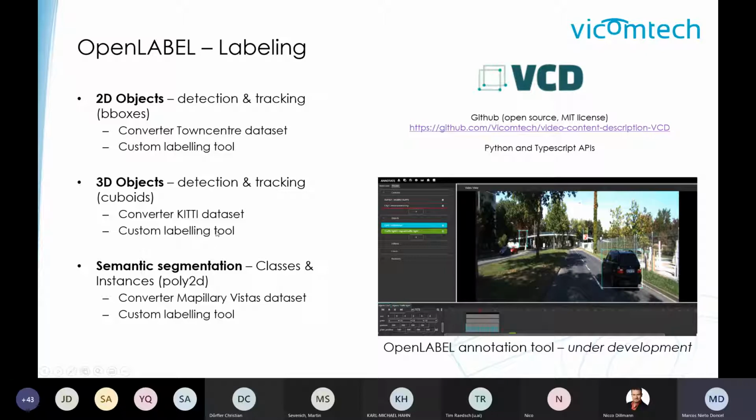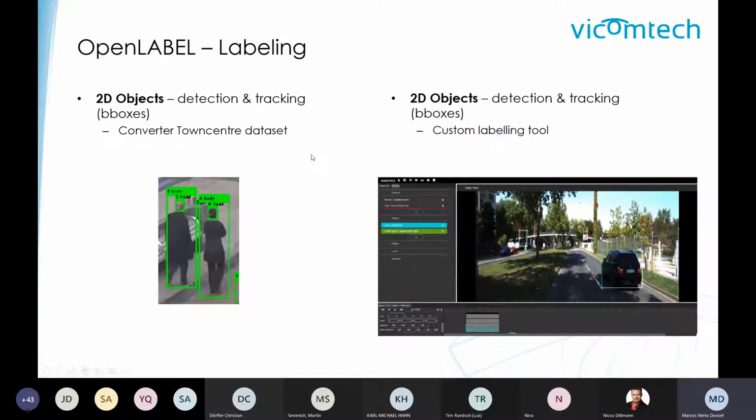For that, of course, you need programmatic interfaces. In our case, we are using an open source software that we have been developing, which is the so-called VCD library. And in addition, we are developing as well an annotation tool, which is yet under development, but I will show a glimpse of how it is. So the first quick demo will just be to show how 2D labels can be created out of images, and then I will first show basically